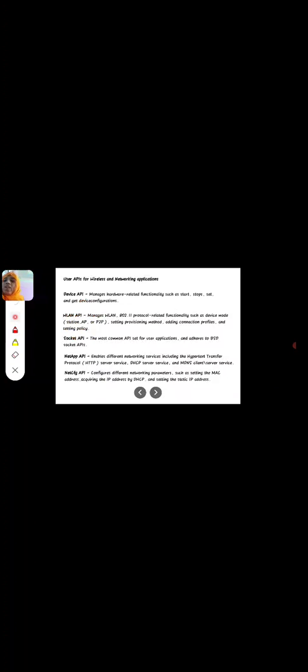Next, the user APIs for wireless and network appliances: device API, wireless LAN API, socket API, NetApp API, and NetCfg API. The device API will manage hardware related functionality such as start, stop, and get device configurations.